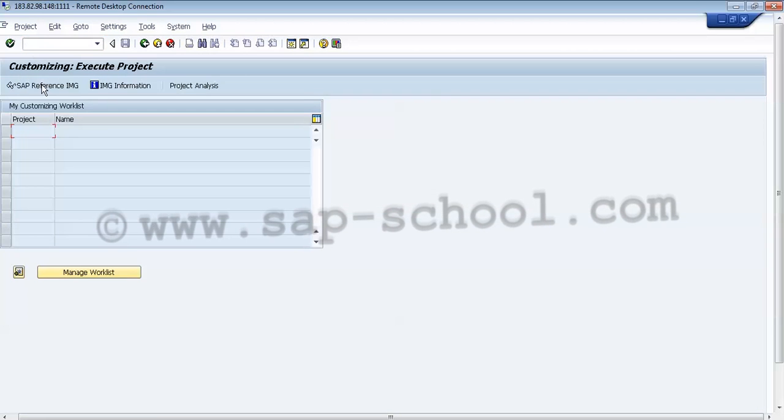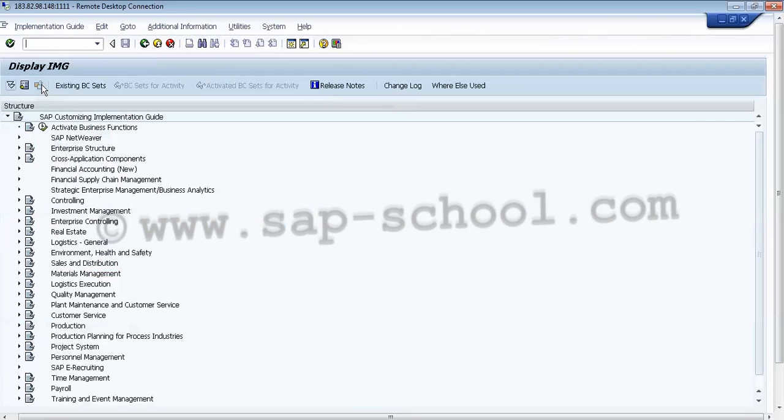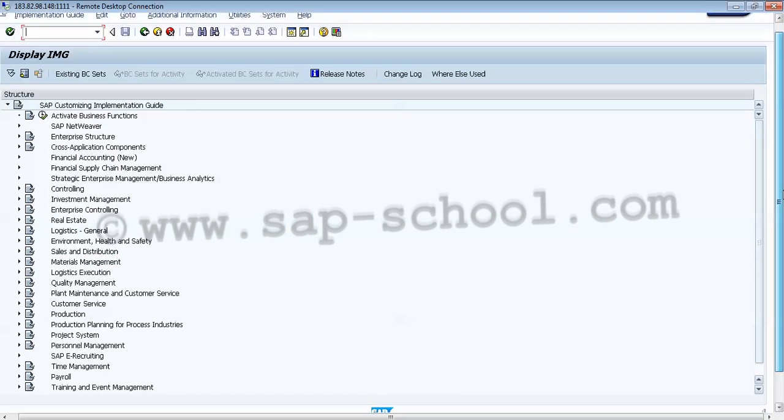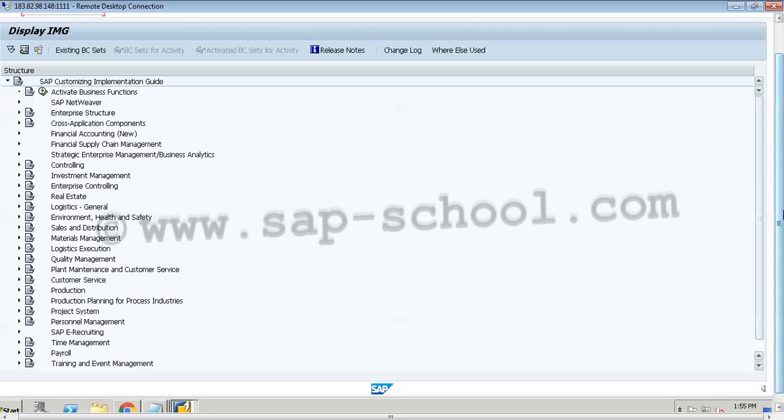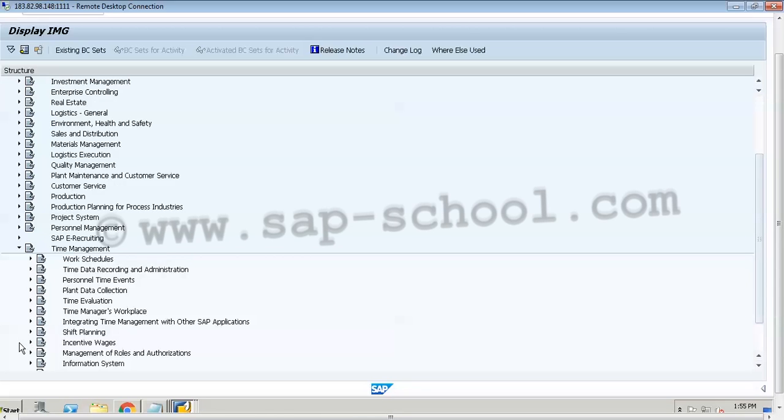Now in this we can go to the SAP Reference IMG, and we can choose, say, time management. In time management we can go to define default settings for my application.